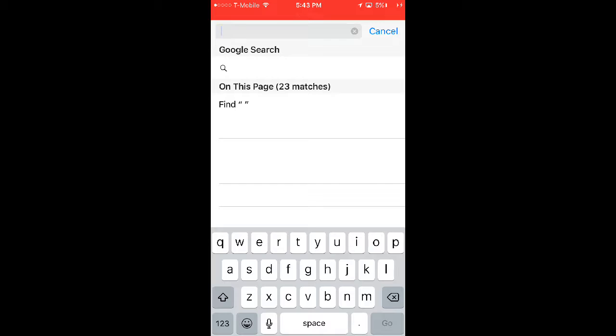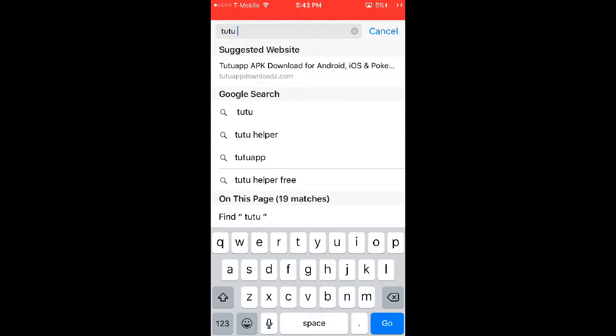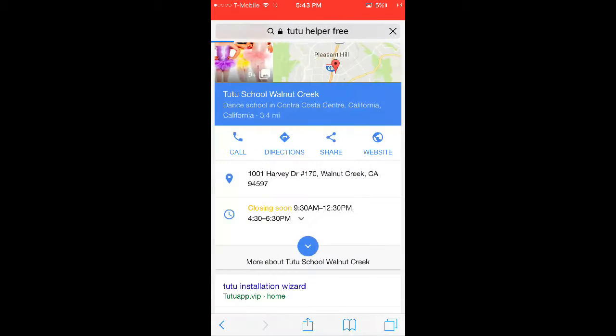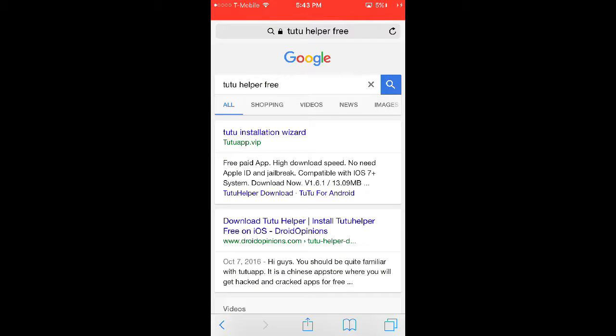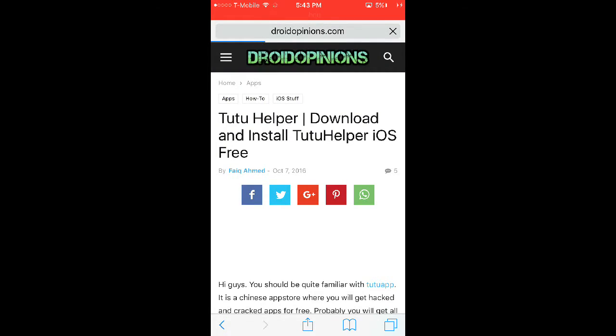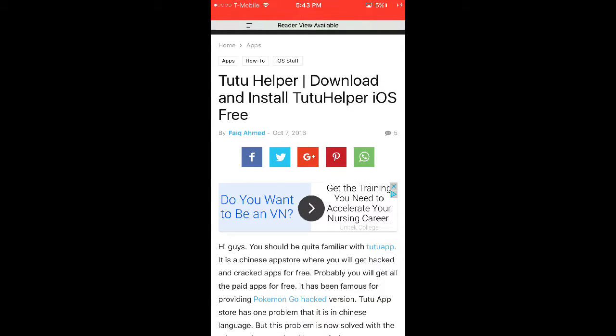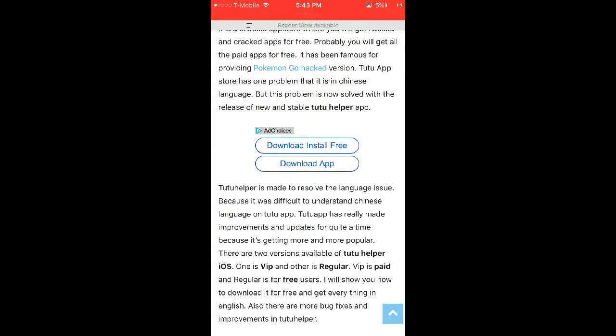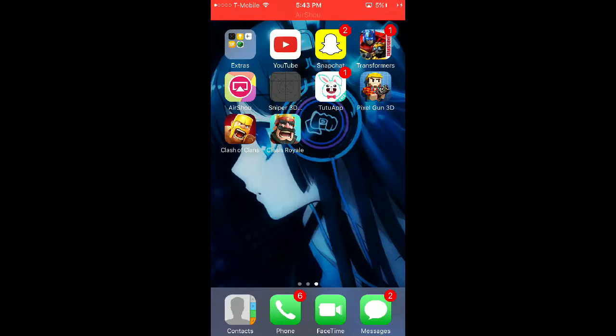Hold on. Tutu helper free. And okay, go to here. It's gonna tell you to download and install free or download app. You're gonna press download app, and it's gonna download for you guys.